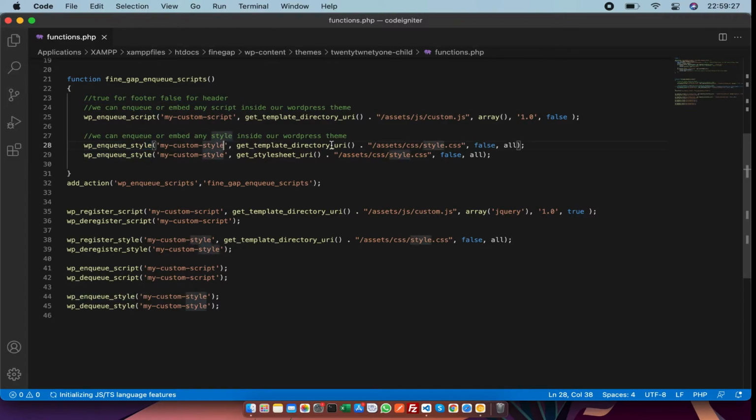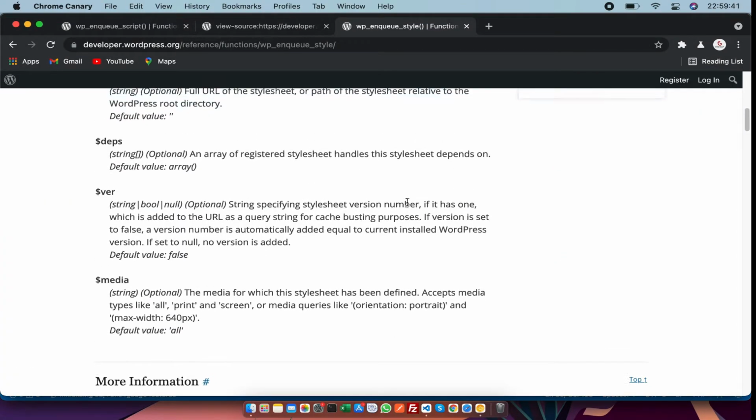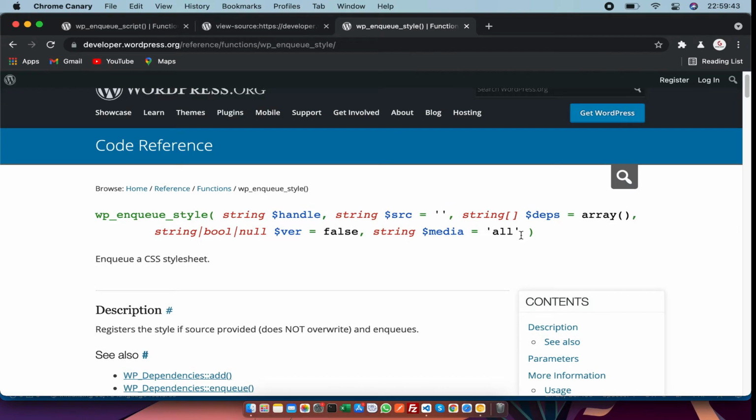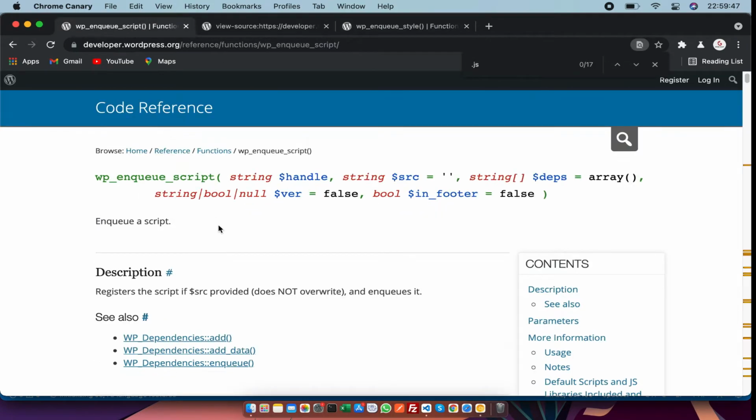On the other side we have wp_enqueue_style. The ID is the same, the calling function is the same, but we have a difference here. What does that mean? If we go to the definition, we can see it is the media. So what is media?